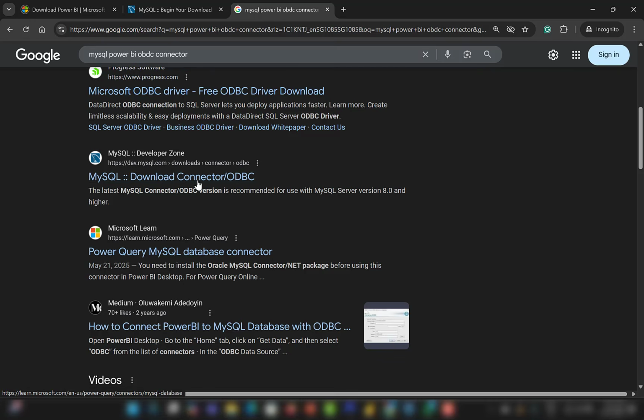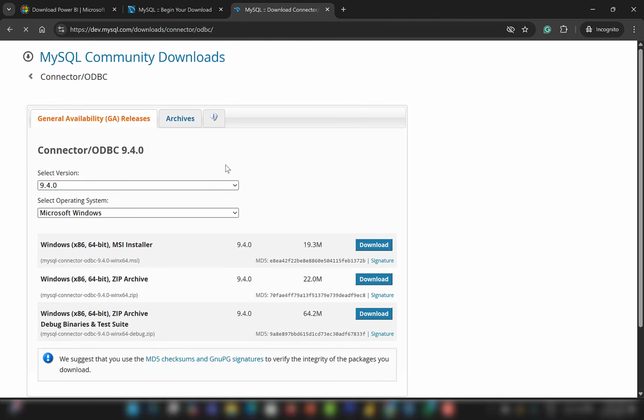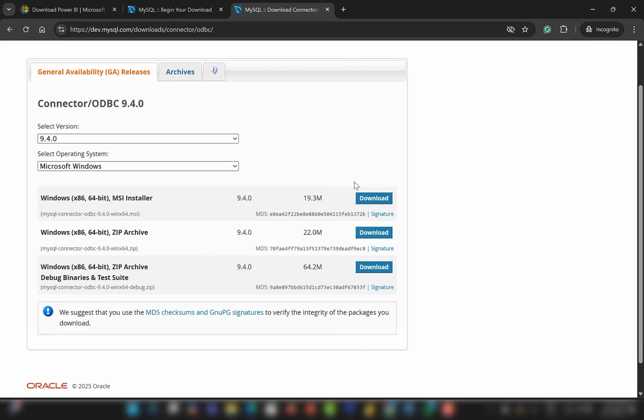MySQL database connector. This one will work. So I'm going to go here and click into this link. And you can see here is the connector. So all you want to do is download this. You can choose any one of these versions, any will work. So it's an ODBC connector, and just download, and then you just click it, initiate your download, and once you